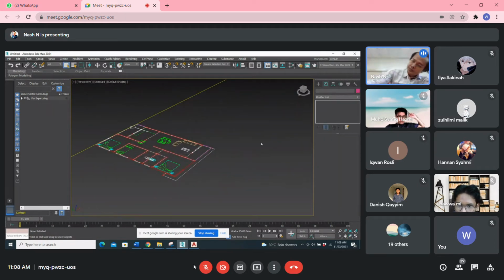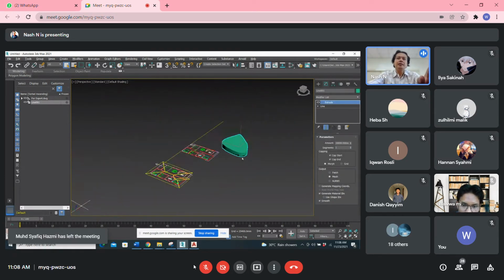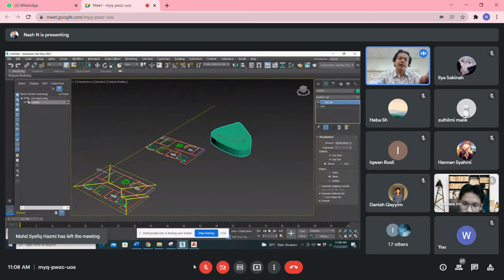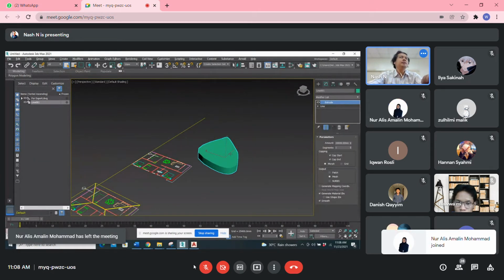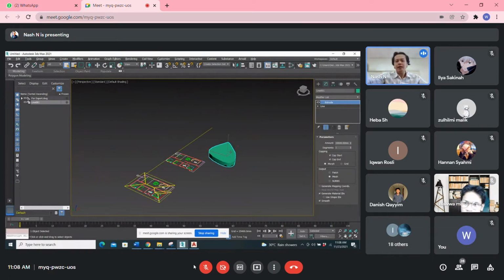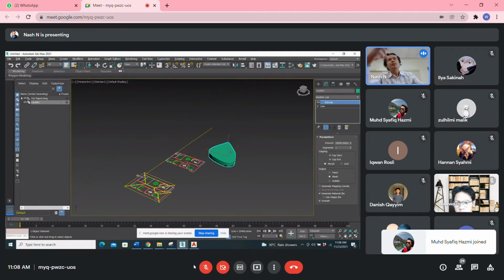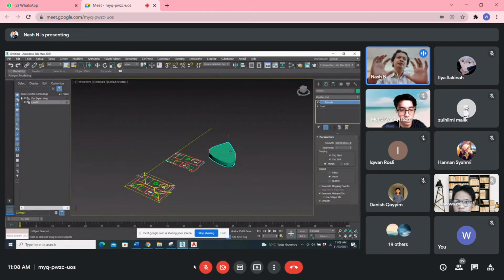Okay, there are two ways. The other way is like this. The advantage is, let's say your plan is like this, and when you are about to develop a multi-story building, you just take the outline. Then when you extrude it, 3D Max will read it very light. Your file is very light.